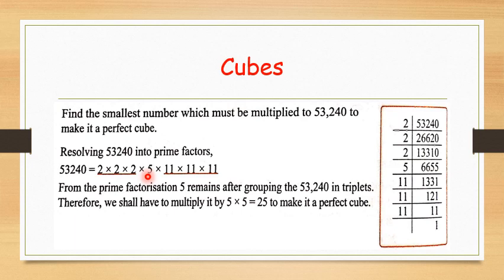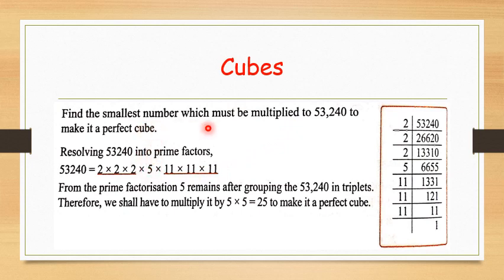So now if you want to make it a perfect cube, we have two ways to convert it into a perfect cube. One, we can multiply by two more 5s so that we make a triple of 5s. And the second way is that we can remove this 5 from here, then also it becomes a perfect cube. If we multiply, that is the answer to your question. But the second way is that if we divide by 5, then also it becomes a perfect cube.